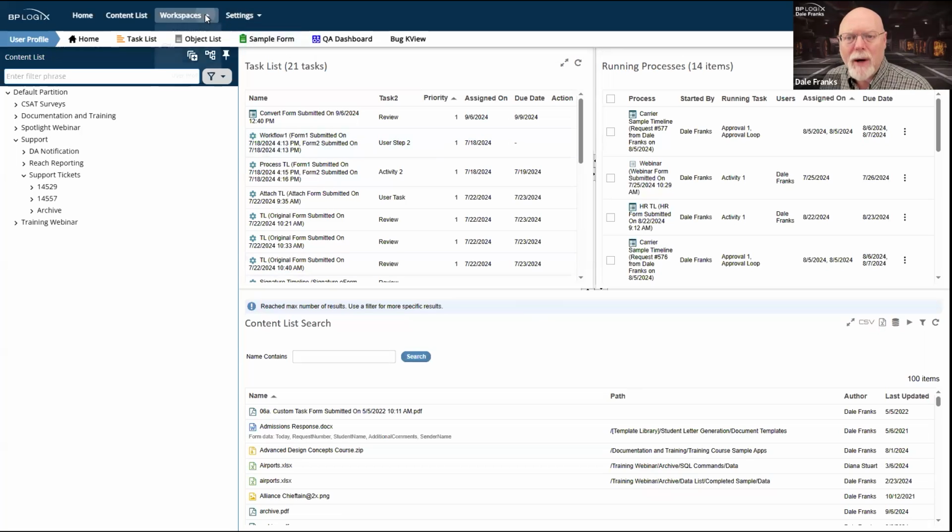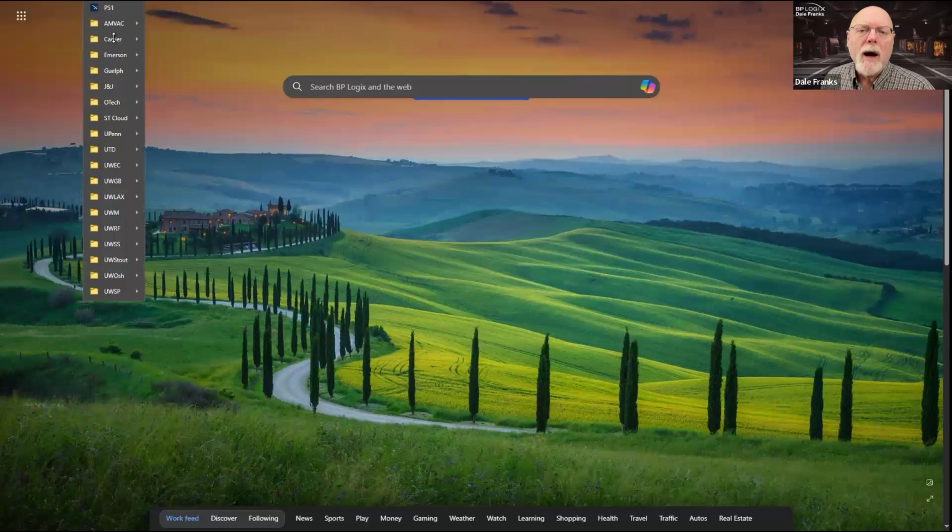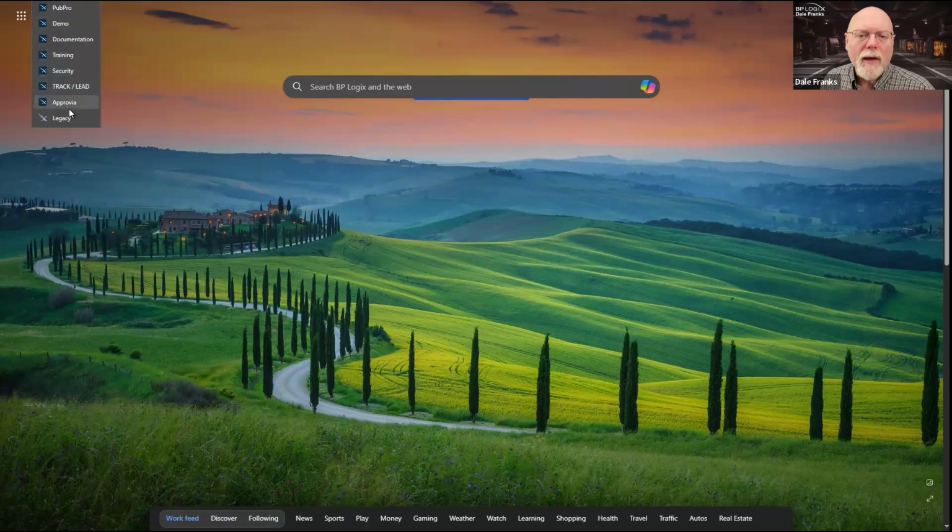But all of the workspaces, at least in 6.1, are accessible via the workspaces menu. If you are in the older version of Process Director, which I might as well just bring up, we have plenty of time today, I think, to cover all of this. So I have a legacy version of Process Director running version 5.